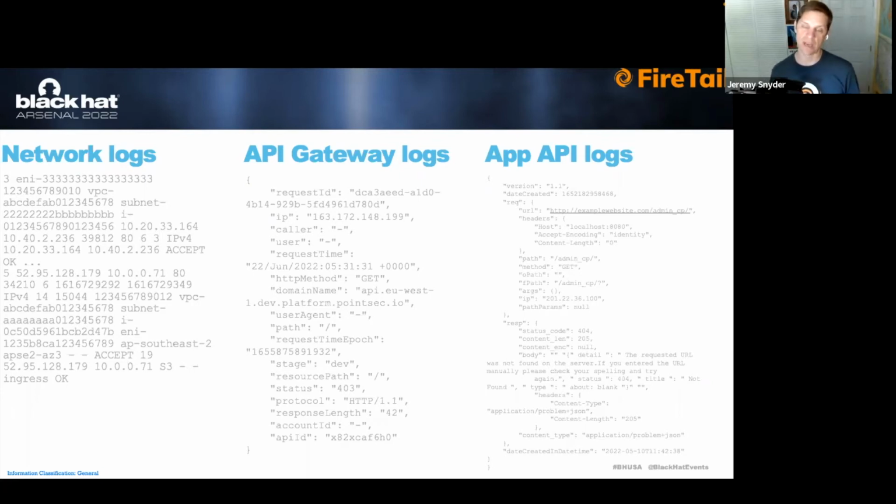Similarly, when we look at enumeration and probing type attacks, we realize that something like an API gateway gets you one step closer, but you could use the application layer for that as well. And then when we look at payload style attacks where you could literally enter one single character as a request parameter, there you really need to be at the application layer. And that's where you can get the full visibility onto the stack that you need.